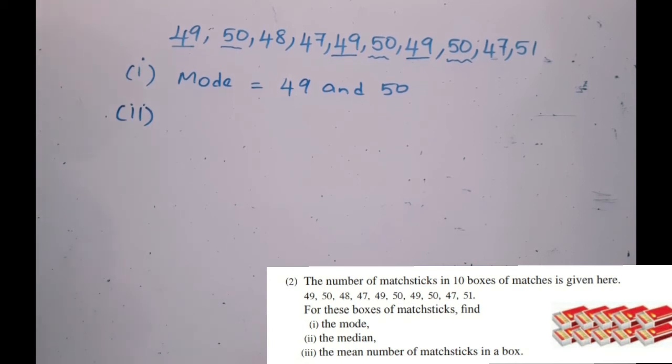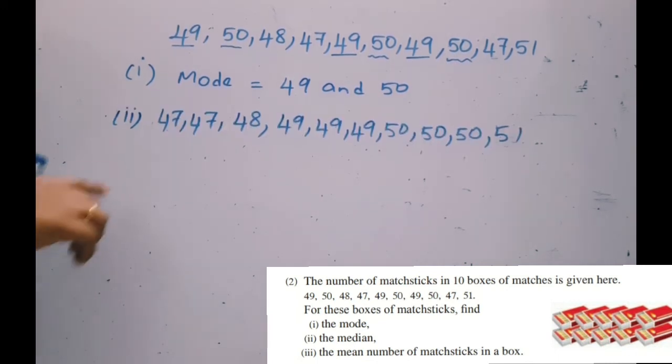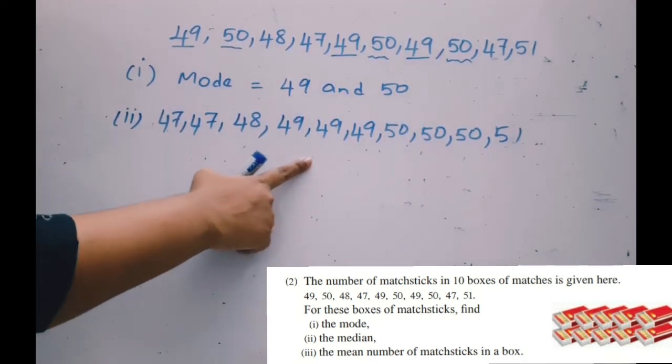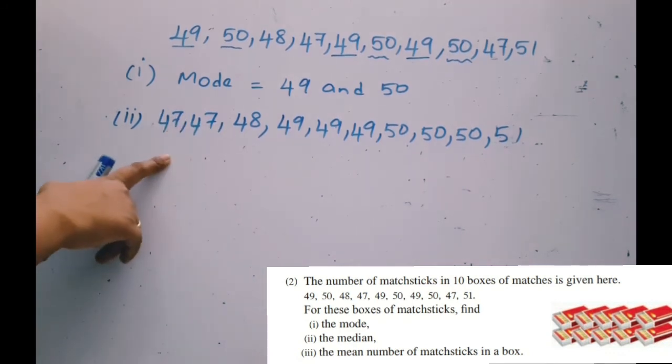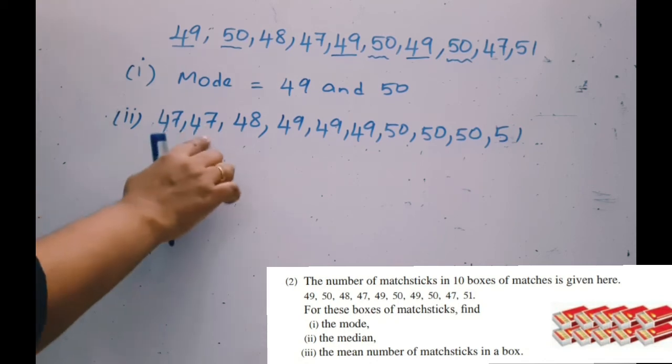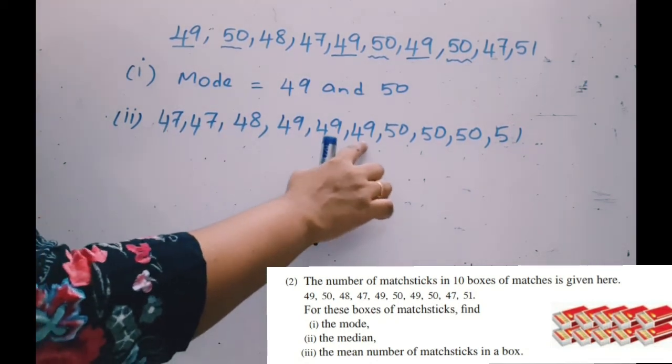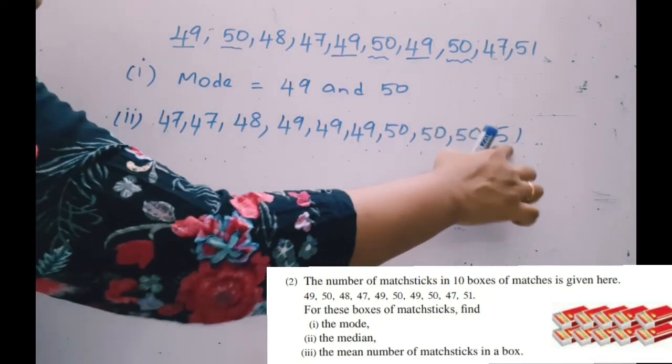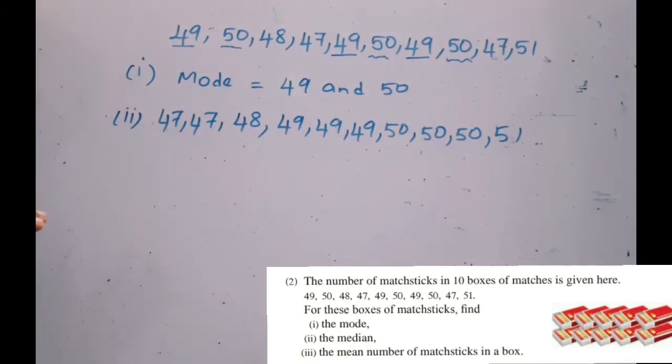So next we will find the median of the data. Median is the center value. The first step is going to be writing them in ascending order. So let's write that in ascending order first. So now I have written them in ascending order. So let's count the number of data in this collection. 1, 2, 3, 4, 5, 6, 7, 8, 9, 10. So the number of data here comes in even number.